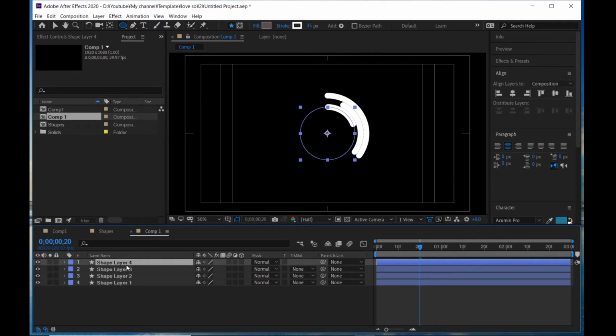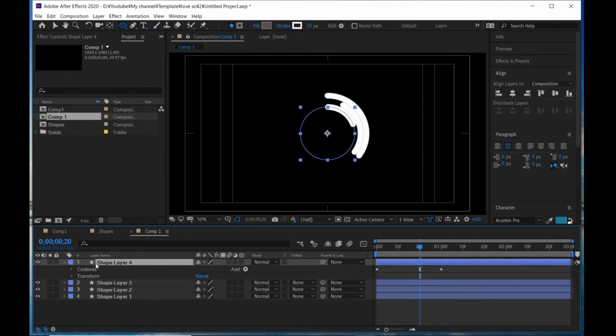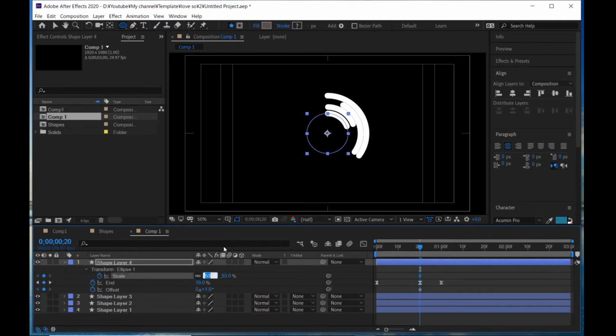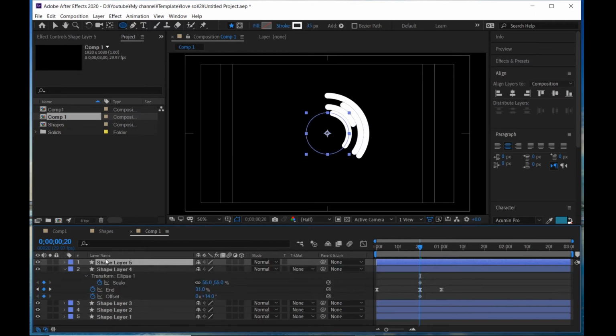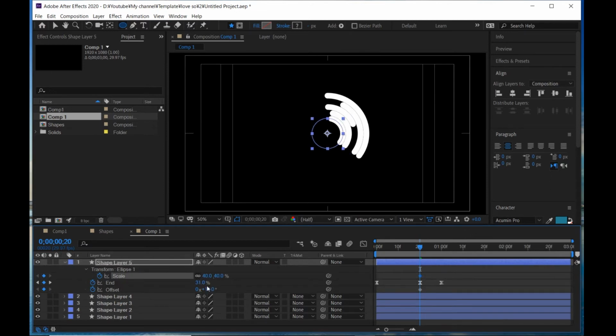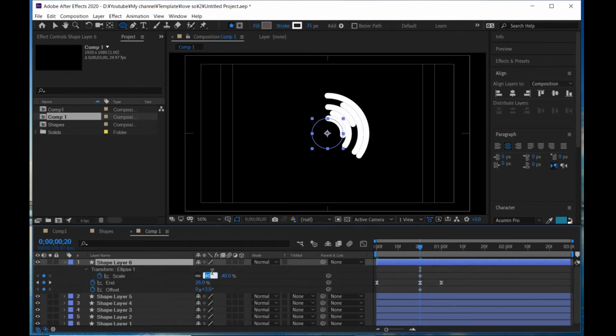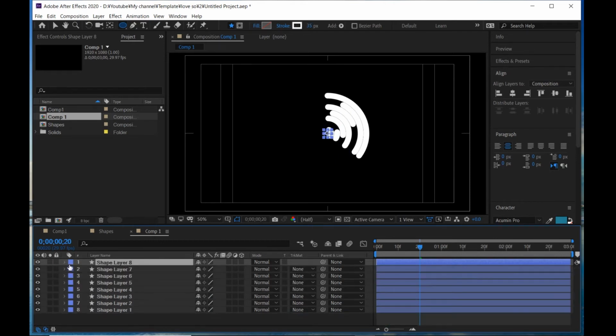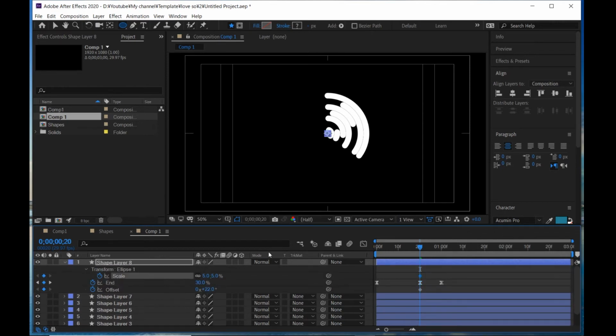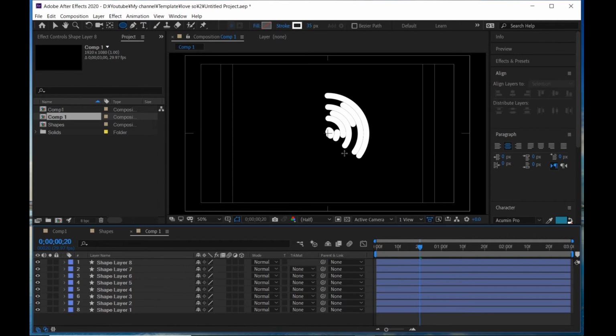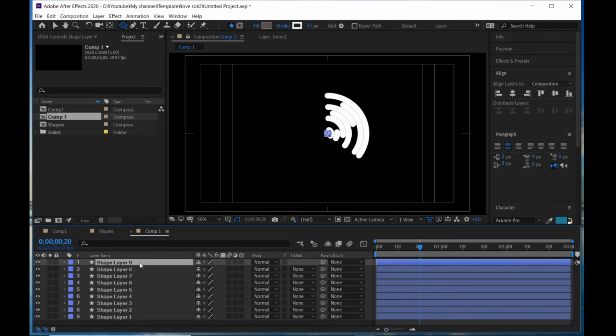I'm gonna do the same stuff until this black area disappears. Finally, I could create it. And next, duplicate again and hit U,